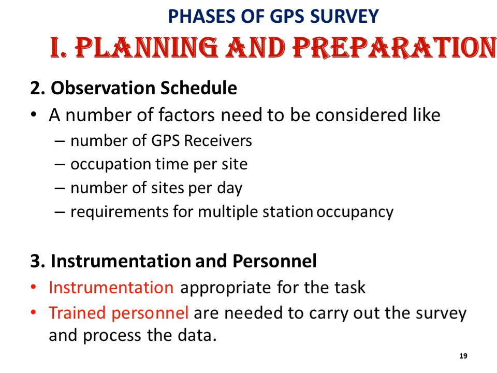Third one is instrumentation and personnel, two important things in surveying. Instrumentation means the equipment needed. We need to collect these instruments depending upon the task required. Personnel means the trained persons needed to carry out the survey and process the data, like we human beings. Instrumentation refers to the equipment or machinery, and personnel refers to the human beings or manpower.